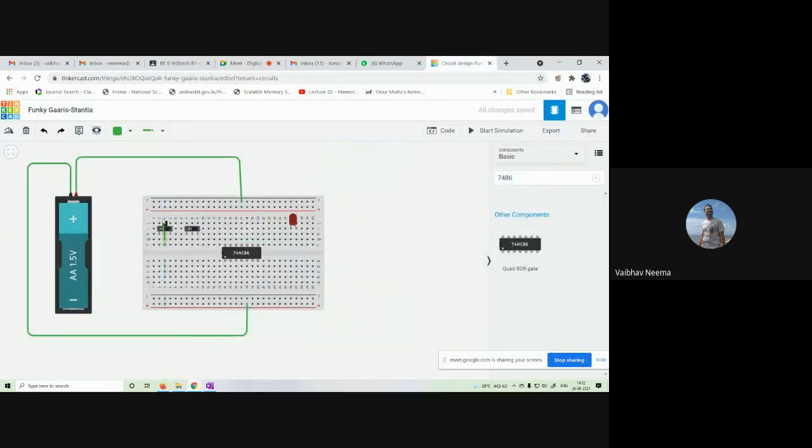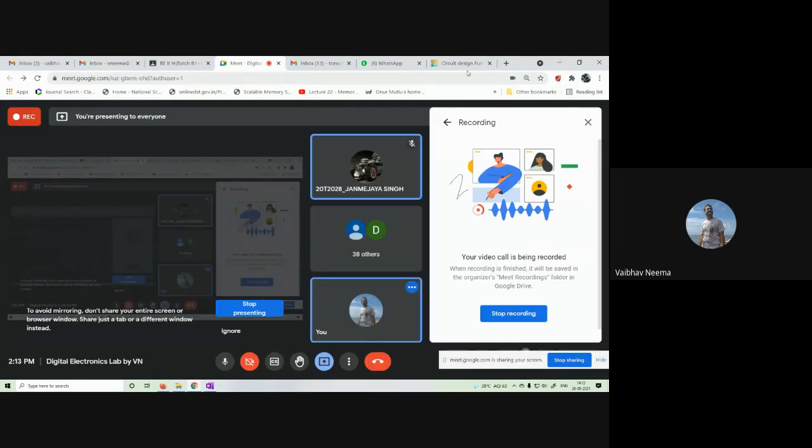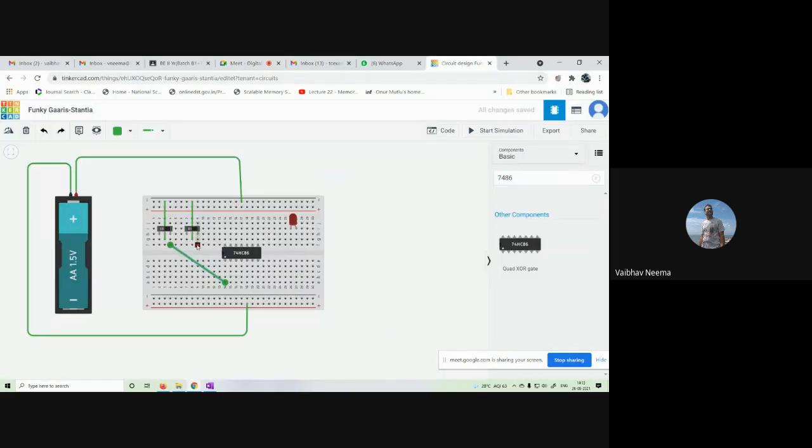You connect this common leg with the supply voltage of 5 volts. The second switch's common leg you also connect with the supply voltage. The output of the first switch connects with pin 1 of the IC 7486, and the output of the second switch connects with pin 2, the second input of this XOR gate. These are the input connections.